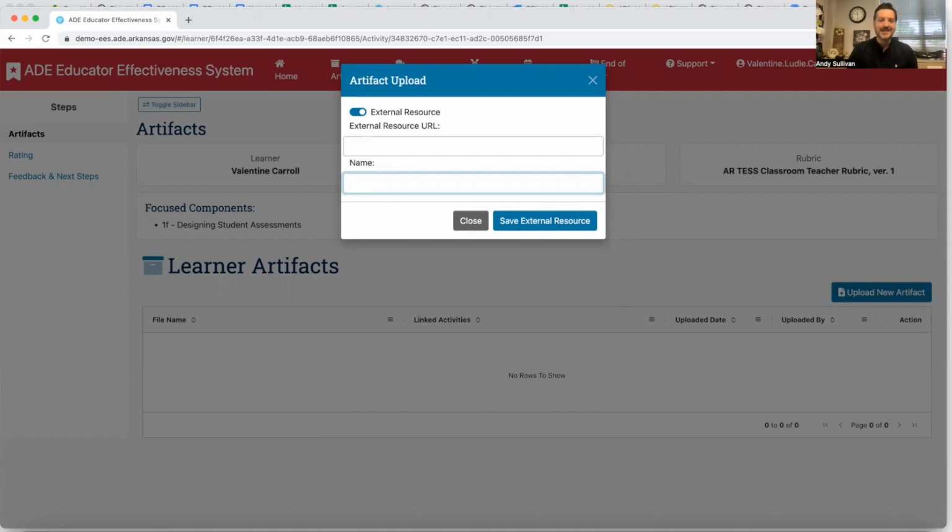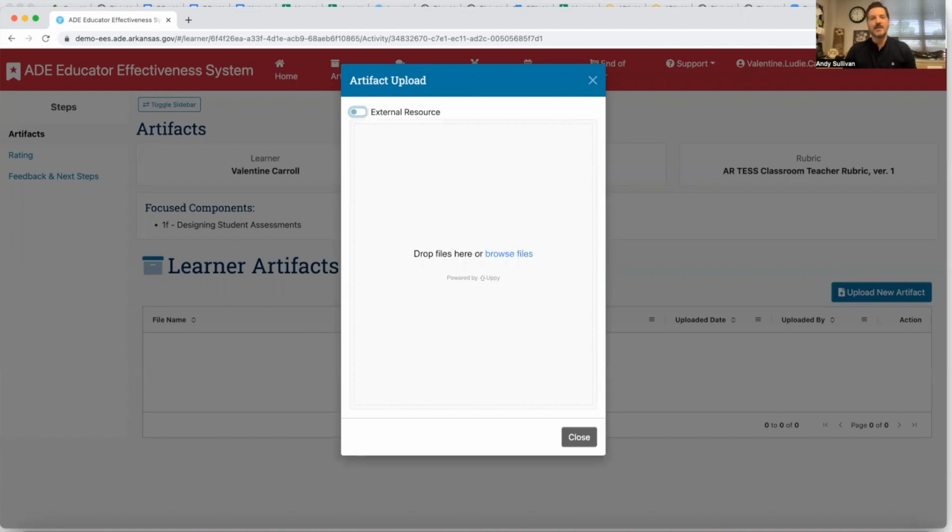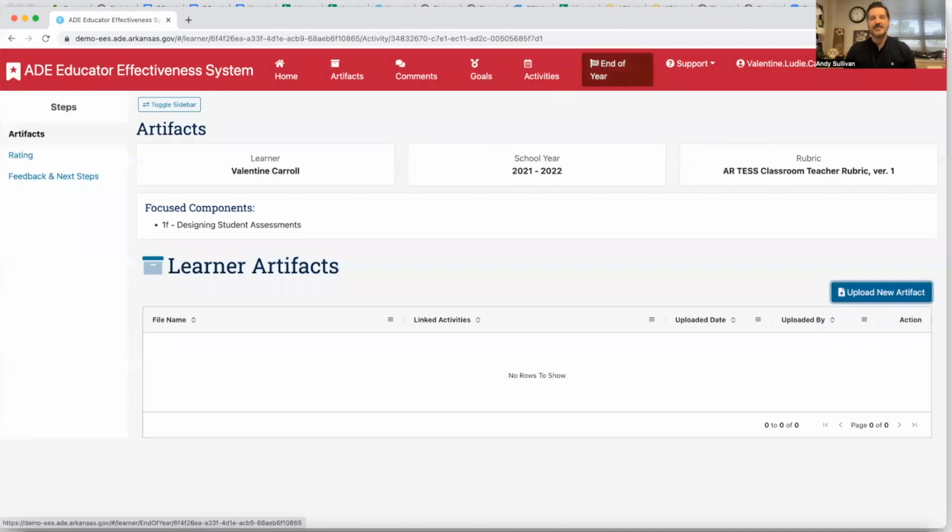And the next time they upload maybe another, designing student assessment artifact 2. That can help them stay organized. And it also helps you stay organized over time, as you may get a long list of artifacts ultimately that you're reviewing. So they have 2 examples. Once again, external resources, drag and drop. I hope that you find that really useful,